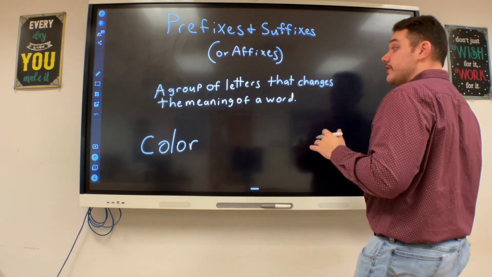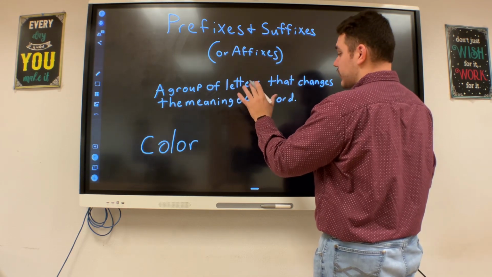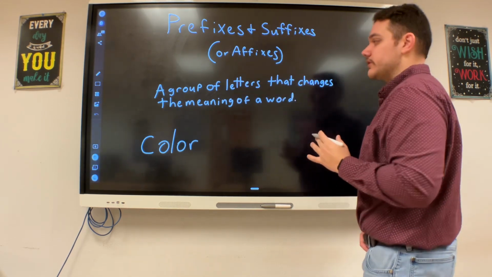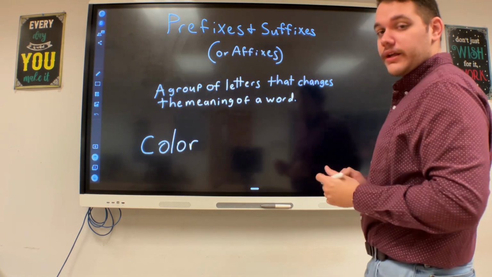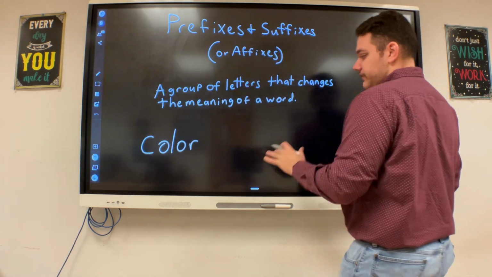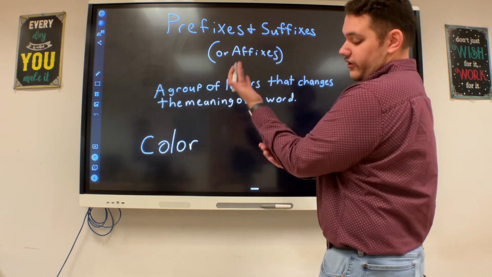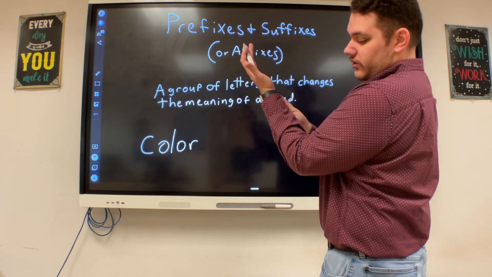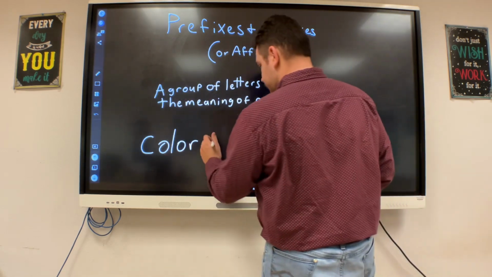But just to start off with the definition of it, an affix is just a group of letters that change the meaning of a word. It's very simple, but it's one of those things, once you can break it down, it'll help you understand the meaning of a word. Like I said, it changes the meaning. So if I had the word color, yeah, everybody knows what color means. This shirt has kind of a reddish maroon color to it. We know what color means. But